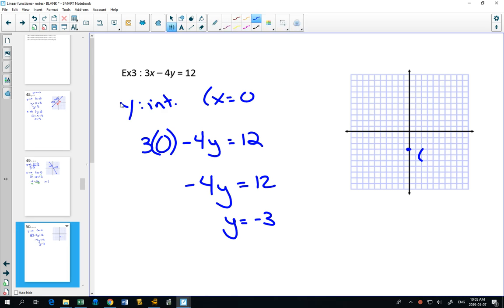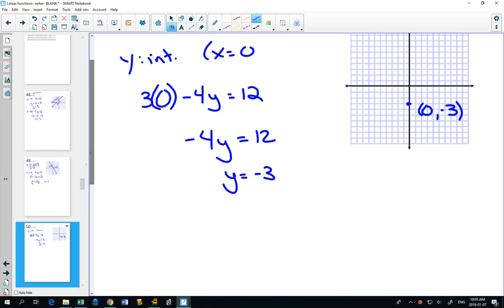Yes, there we go. Always the x value first. Is it easy to switch those up and get it wrong? Yeah, because you always have to remember we're putting our x value in our coordinate first, then our y value. And to find our x-intercept here,